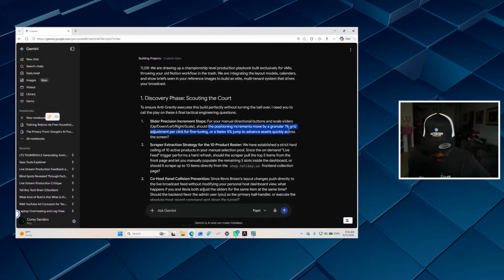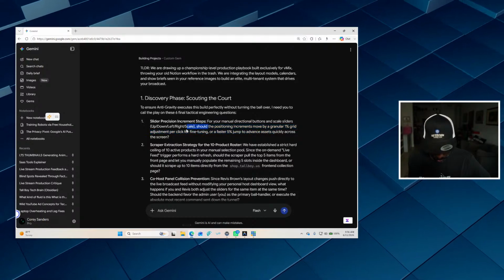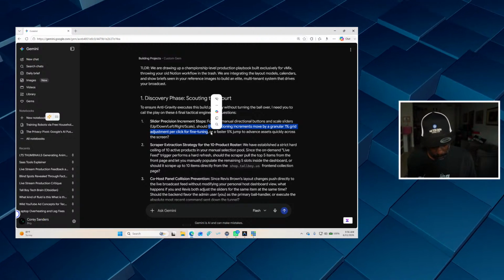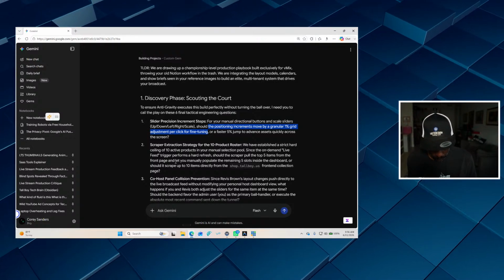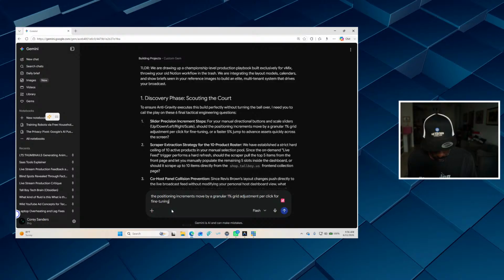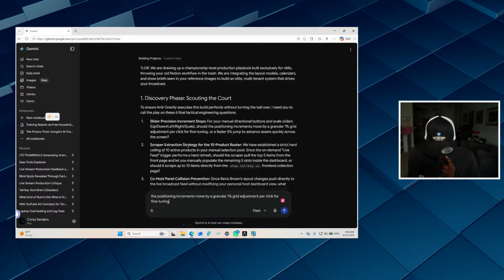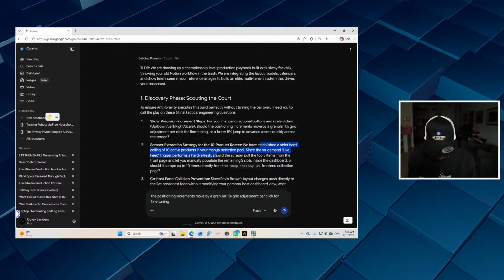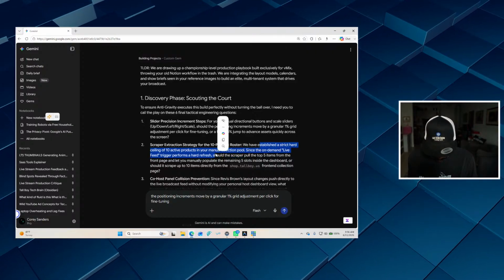Okay, so here we're going to just say, I already gave it that, but we're going to just go ahead and put it in there one more time, and hopefully it will give me what I need. It says, we have established a strict hard ceiling of 10 active products. Yep.